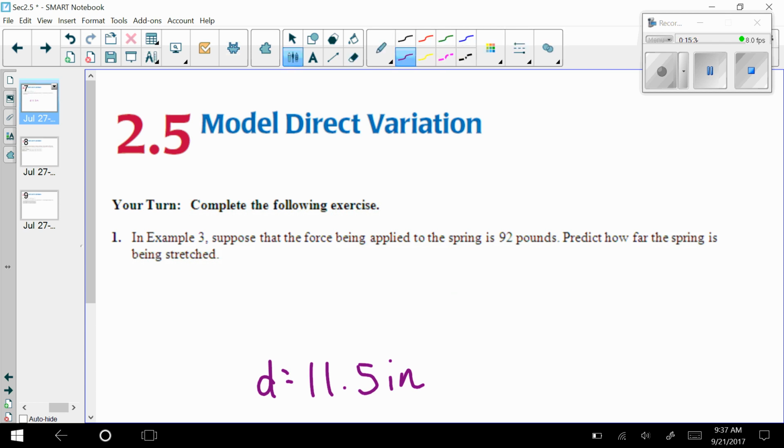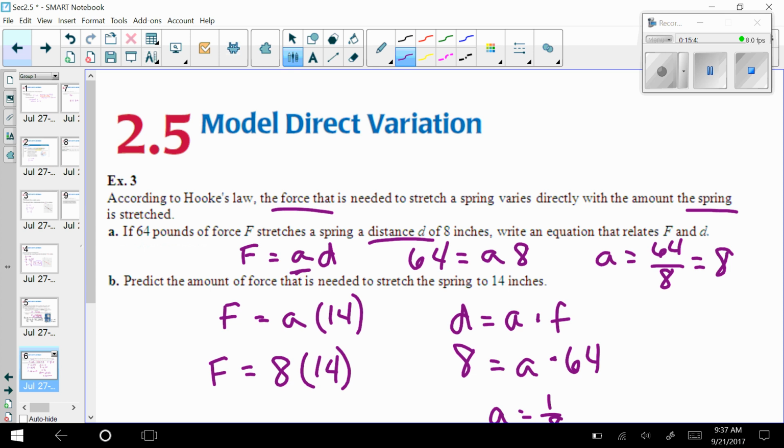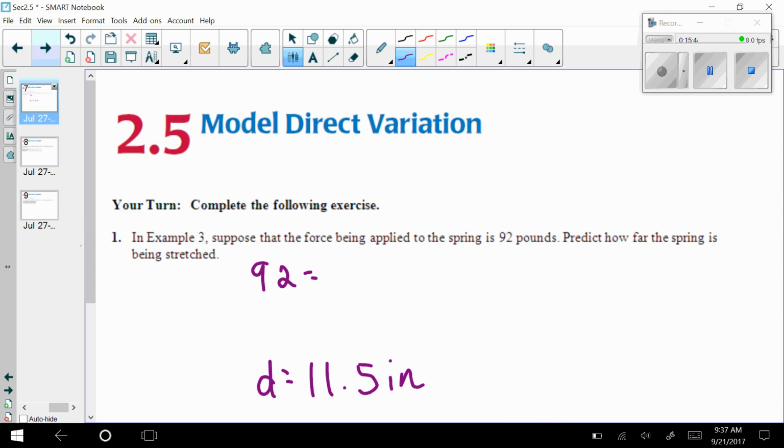So if you use the first model, your force was 92 pounds, and that equals our A, which we said was 8 times C. And if you use the second one, you got D equals 1/8